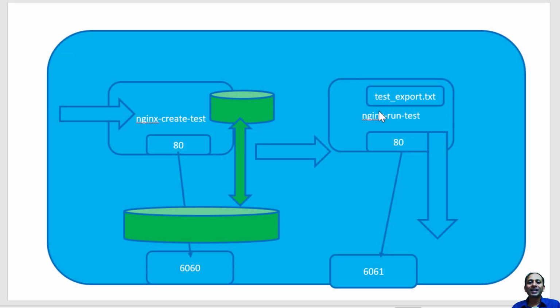Hi, Docker has another useful facility to transfer the files between the container and the host file system. Most of the time this will be required to transfer the files between the volumes within the container, that is the file system within the container, to the file system of the host. And it's possible both ways. Let's see a small demo on how to transfer the files between these two file systems.